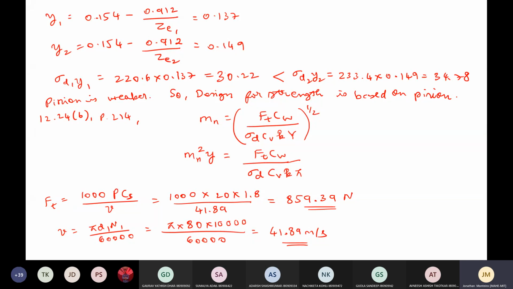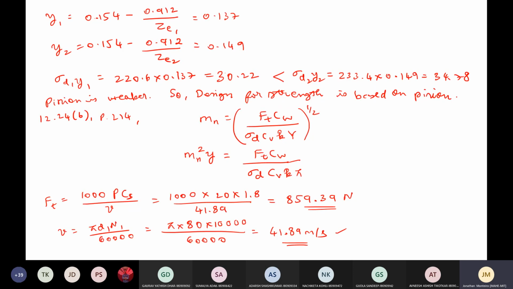So Ft, maybe you've got similar values, so I'll continue from here. Since velocity is set at 41.89, Cv we can set. Okay, so Ft is done. Then Cv we can set from this. What is the value of Cv? Okay, let me do it side by side here itself. So Cv is